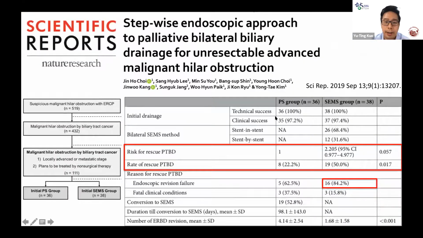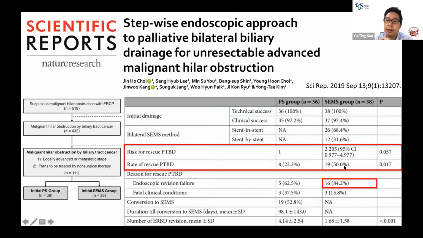At the last, I want to share this paper. I think it's very interesting, and I like it very much, because we sometimes perform stent-in-stent or stent-by-stent stenting. Sometimes the biggest challenge is restenosis, and in this kind of restenosis, it is difficult to intervene. So in this paper, they found that when you place the metal stent first and restenosis occurs,